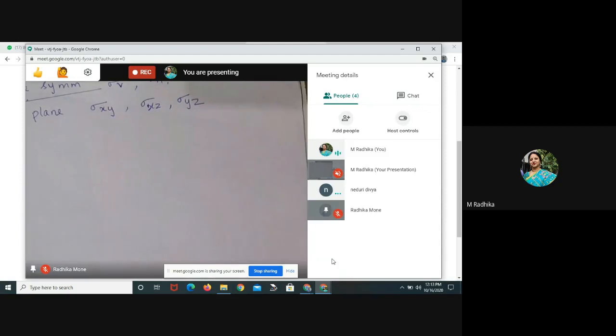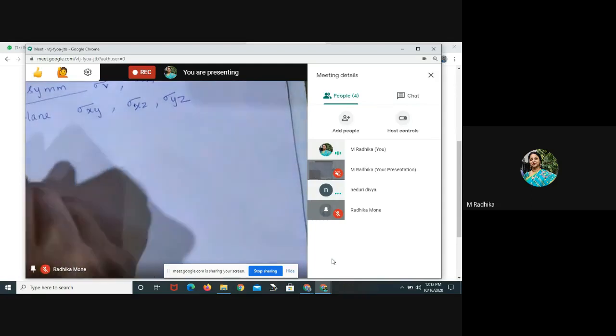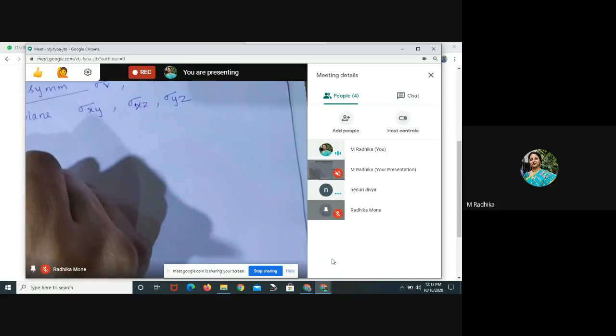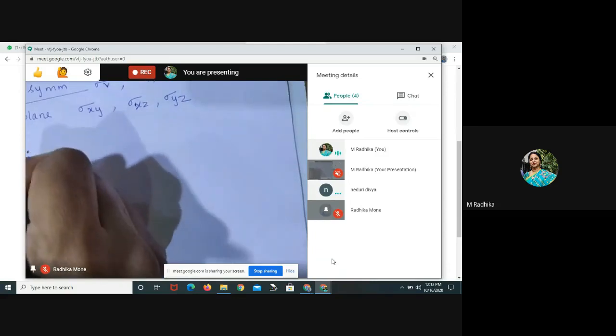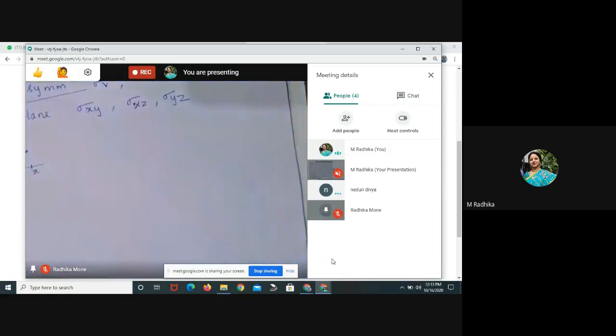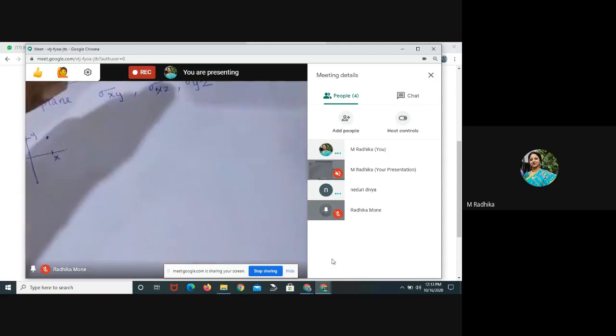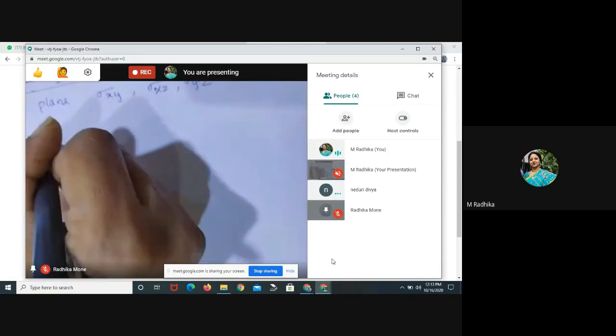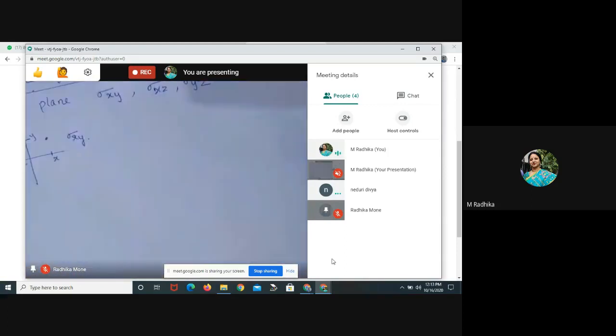So similarly, if you take again the molecule or a point, and I am talking about this point in the x and y, this is the plane I am telling. You can think the plane is this one. If I'm telling it is going along the sigma xy, what will happen to the points in the x and y direction? They will not change, but only the point in the z direction will change. You remember that?